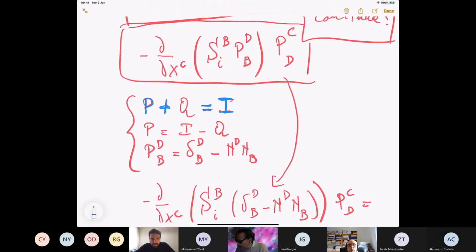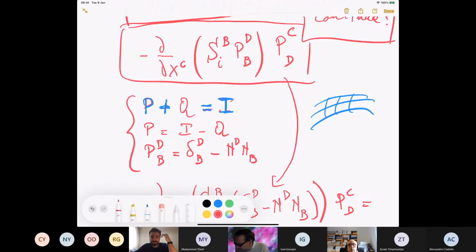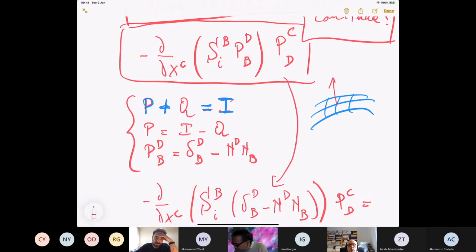Why? Because we have a surface. We have the normal to the surface, and every vector can be decomposed in a unique way. How? With the decomposition